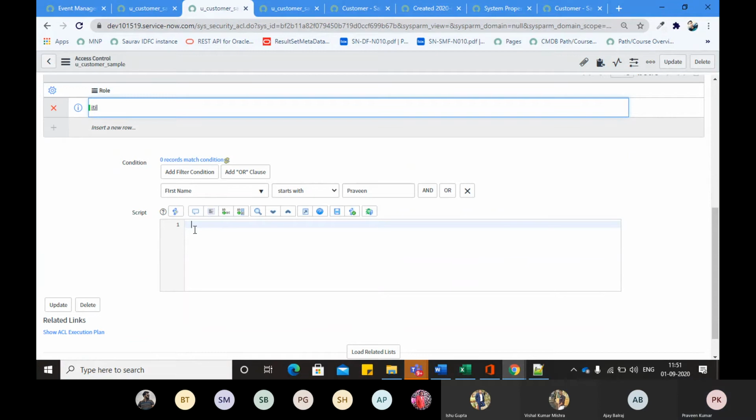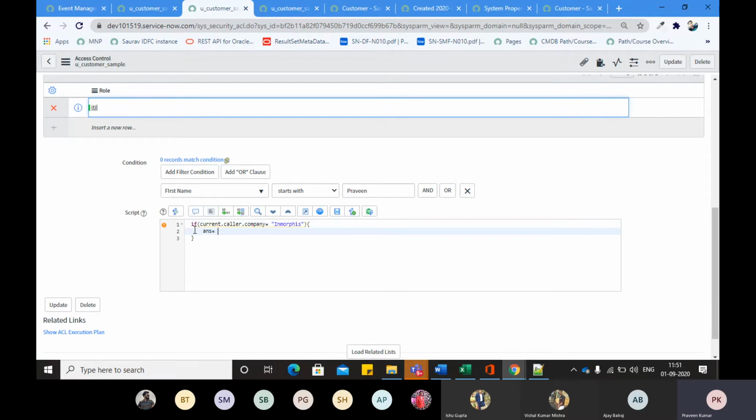Can my current record have a field? For example, in my current record there is a field, for example, caller. If current.caller.company equals Infosys, then only you can create the record.